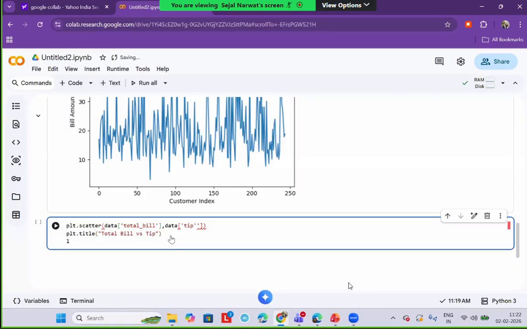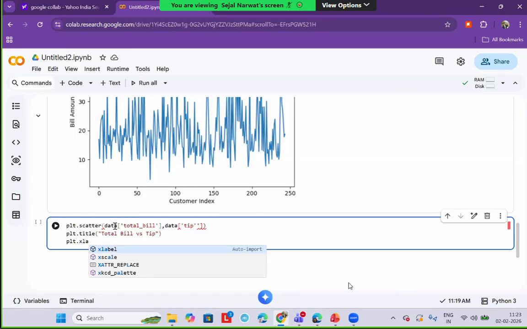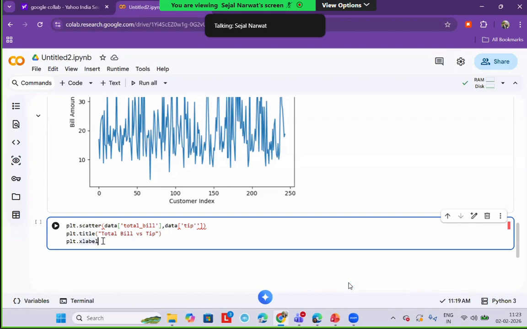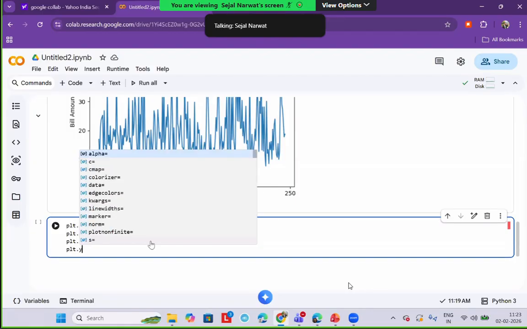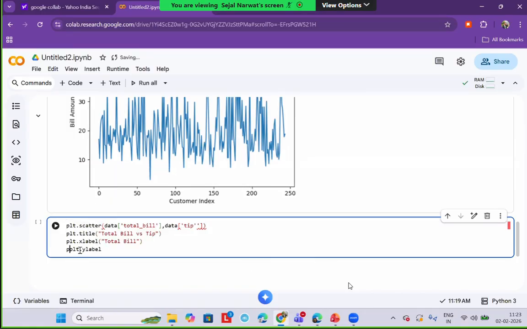Now put on the X label, plt dot xlabel, where I need the total bill, and on plt dot ylabel where I need,